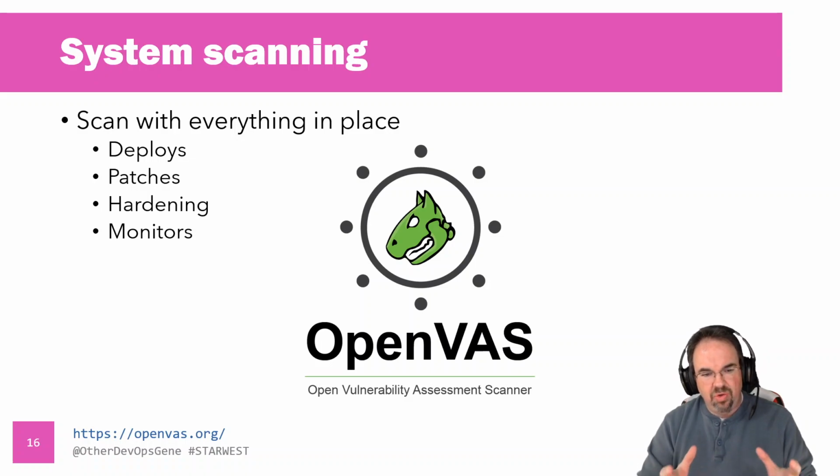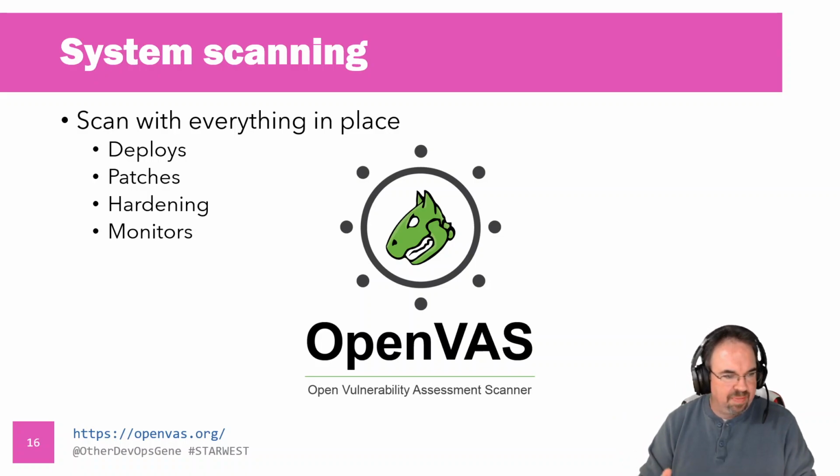We were able to make our dev system and our test system look very, very much like our production system, with all the same patches, all the same hardening in it. Everything was done automatically. Then we could run scans every weekend against our dev and test systems, and on Monday mornings I'd be able to come in and take a look through the reports and just say, hey, here are some things we want to clean up before it gets out to prod,